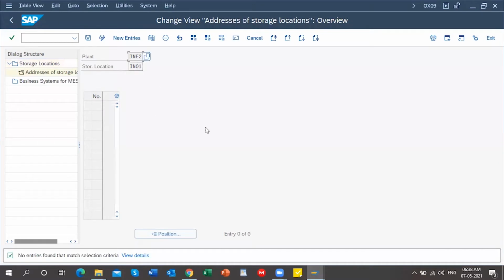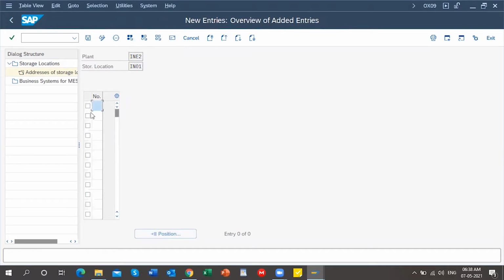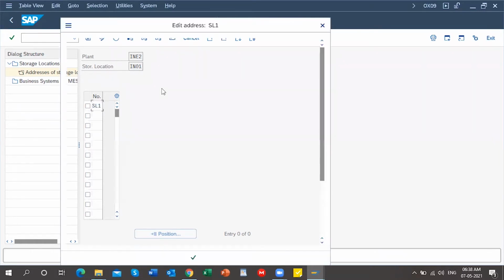Here, click on New Entries and enter a sequential number, alphanumeric or numeric. It's 3 digits. Maintain whatever number you want and click on Enter.